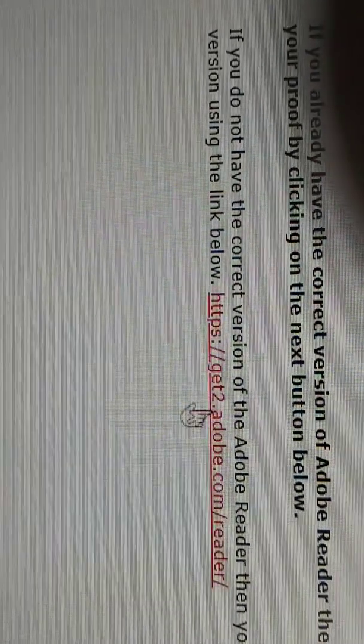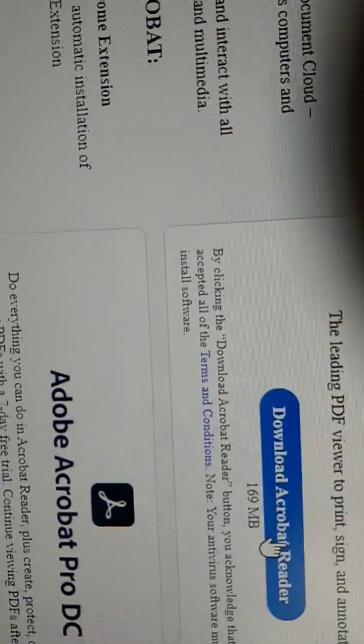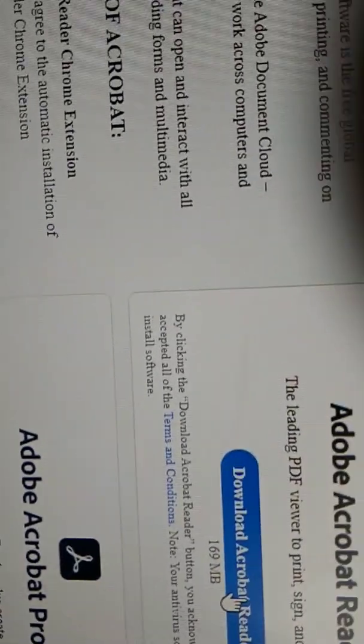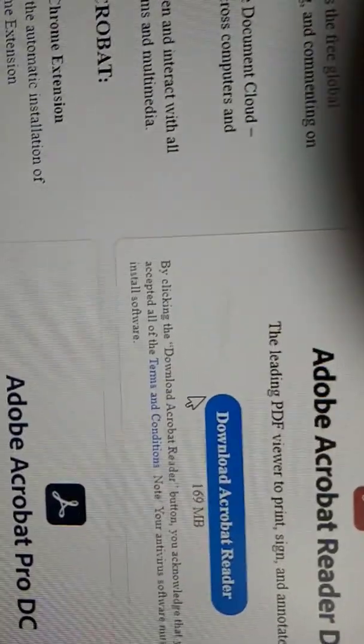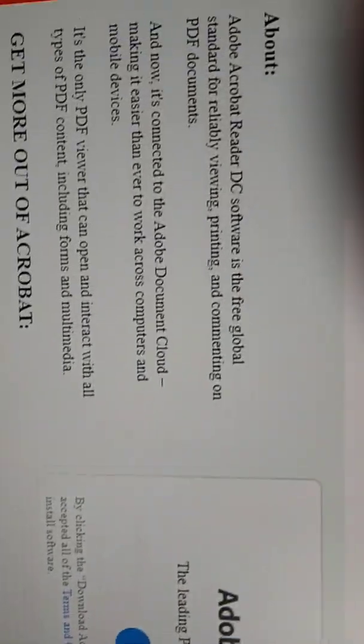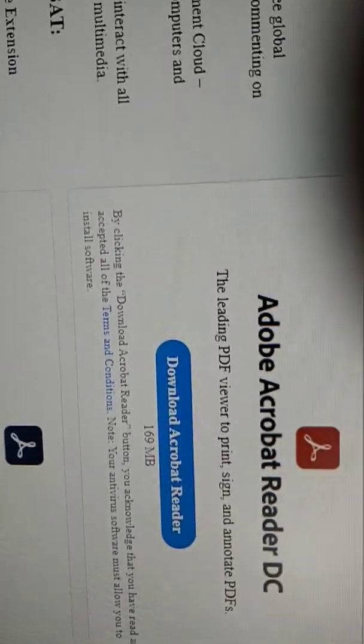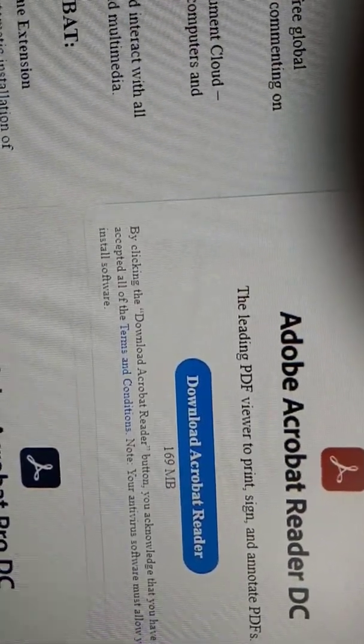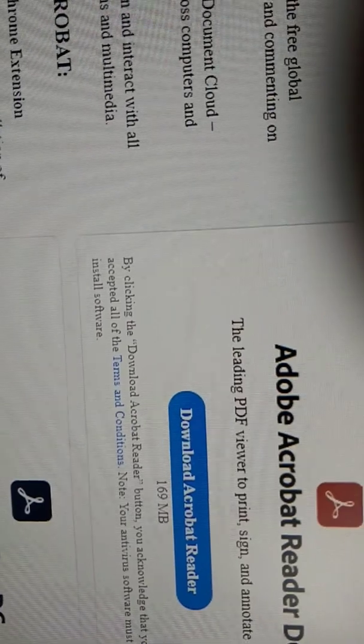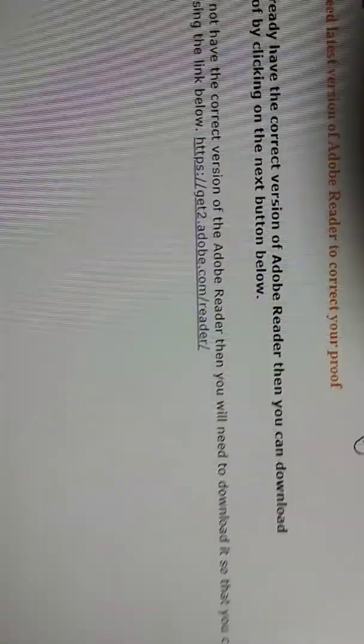Okay, I already downloaded it, but if you want, you download it and go to the next step. You need it for editing the proofs. Since I have already downloaded it, I'll not go for this one. I'll close this. Then the third step is to download your proof.